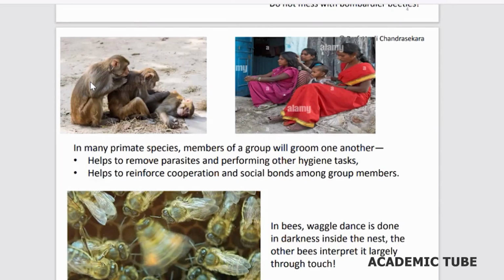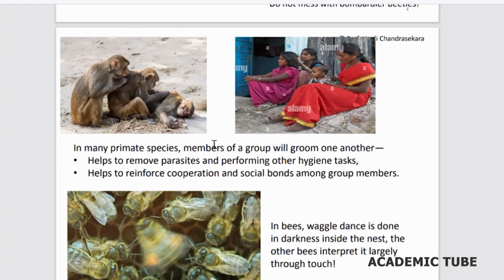Actually, what they are doing is picking up the parasites that live amongst the hair cover in the bird. For example, the fleas, and some mites. It's possible for those animals to hide among the hairs of these animals, right? And this is also very, very common in our rural